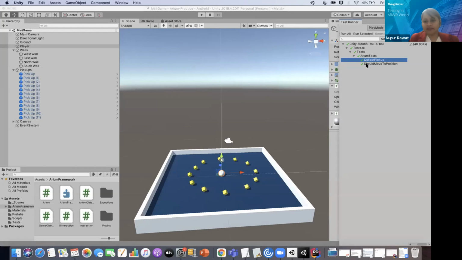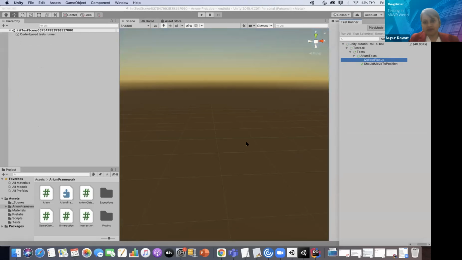And the second test is should move to position, meaning if I'm dragging towards the right, is my ball moving towards the right or not. So this is the test runner. I can right click on it and say run. I can run a single test, and I can run both tests together also. But I'm just choosing to run a single test. You will see it here.